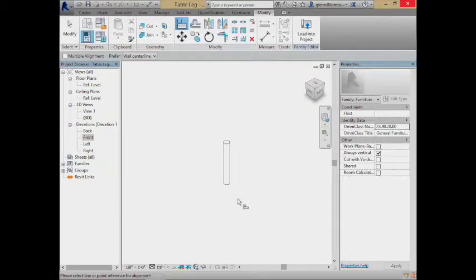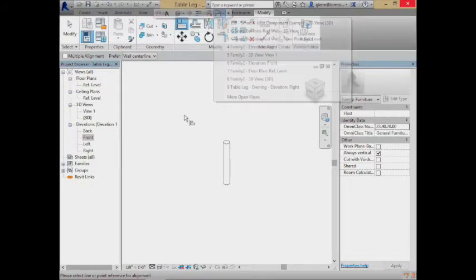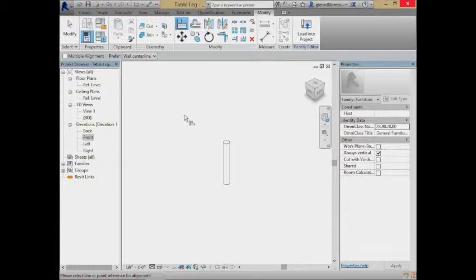Okay, with my little table leg, we are ready to load it in. This is the other thing now: parts inside of parts can be inside of parts that are inside of other parts. You can really recurse this as much as you want to. Let me go back over to, well, actually, I'll show you the quickie way. I've saved it. I can go into the other family and say insert, load the family, and